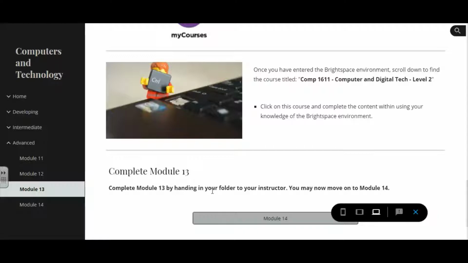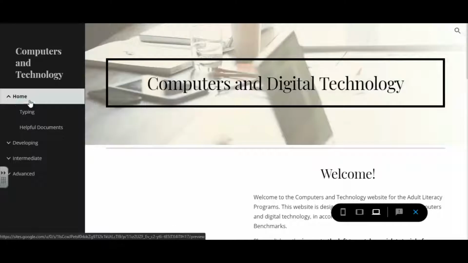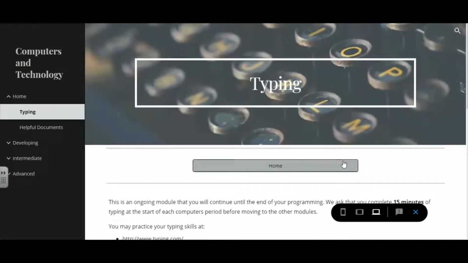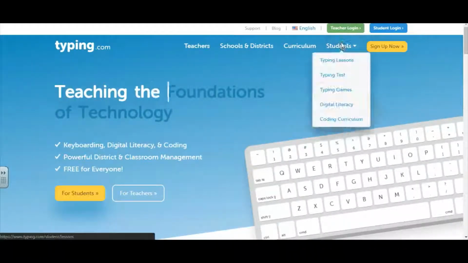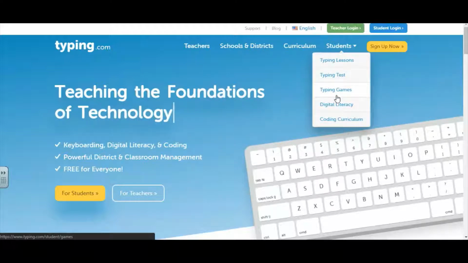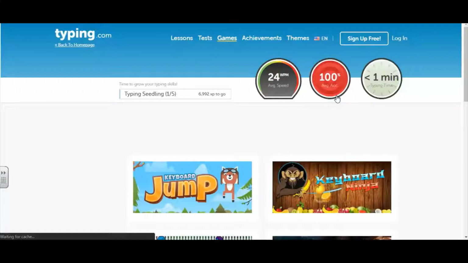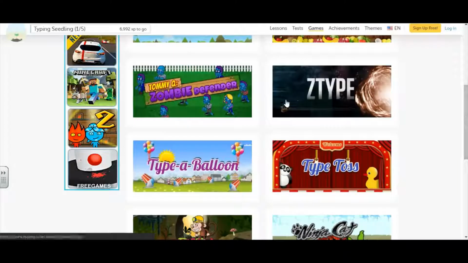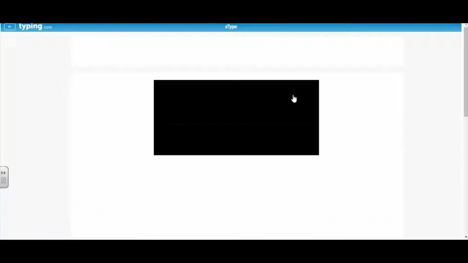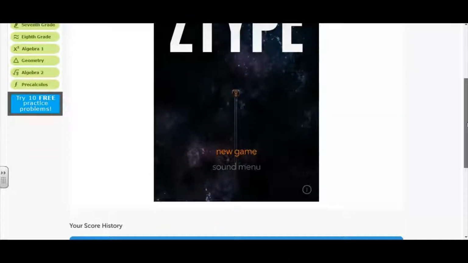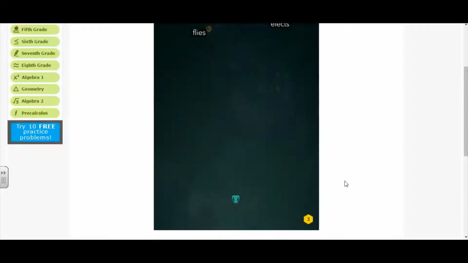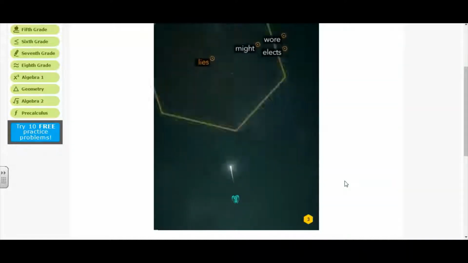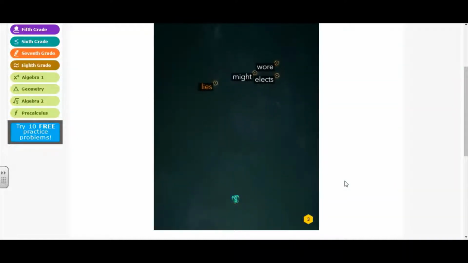Alright, the only other content thing I can show you is the typing.com. I already went through this quickly in the typing section. So you just click on typing, you go to students, you can do lessons, tests, or games. I showed you the tests and lessons, so let's go to games. You can choose a game, so Z-type, and you can click new game, or you can ask for the instructions or whatever, and you just type the words that you see. So flies, lies,